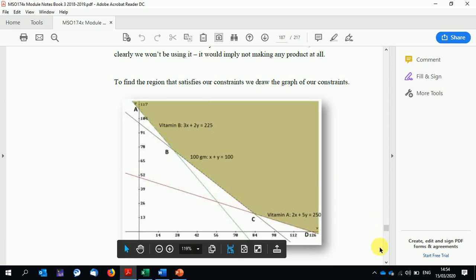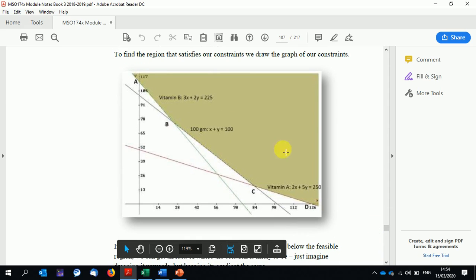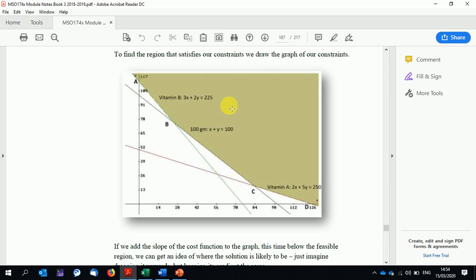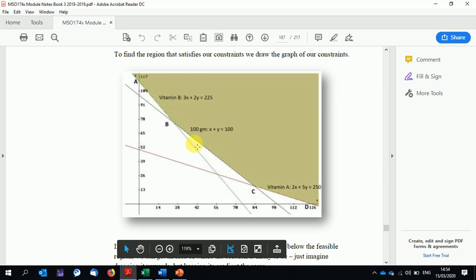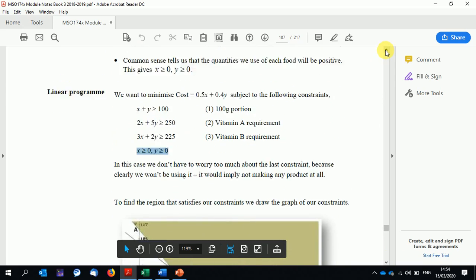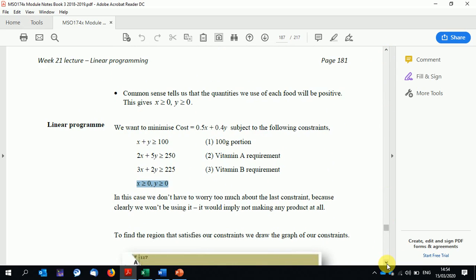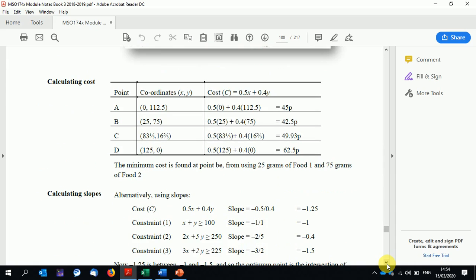Method one would be to find the coordinates of these vertices here, A, B, C, and D. There are millions of coordinates here. They are all useless, because as a matter of fact, the solution out of millions of coordinates will be either at A or B or C or D. It's always at the intersecting vertices here. So how do you get A, B, C, D? You can solve simultaneously and come up with the coordinates which are here,